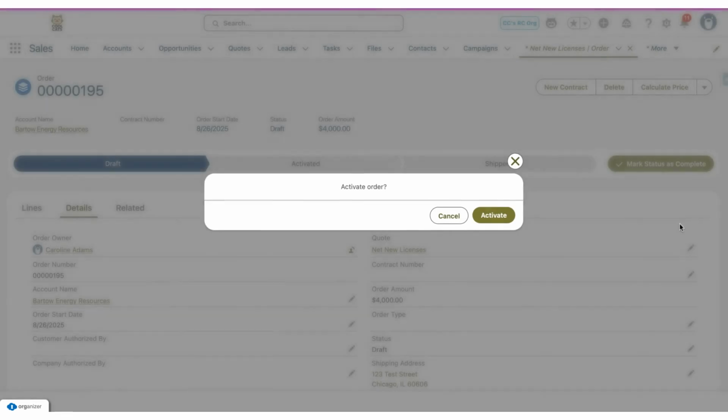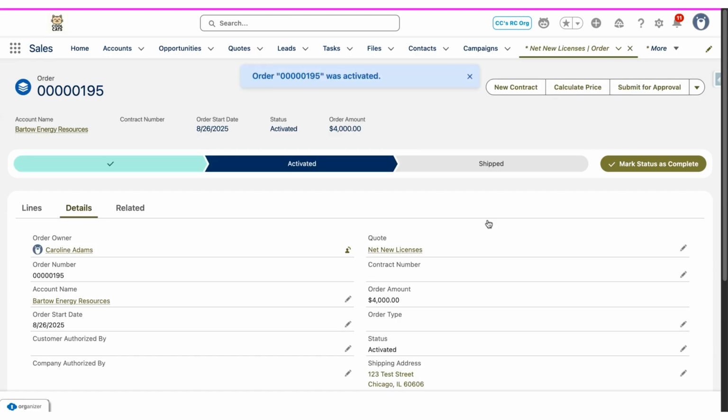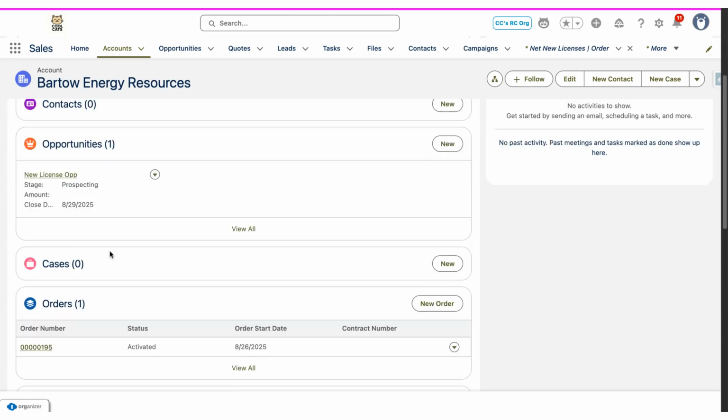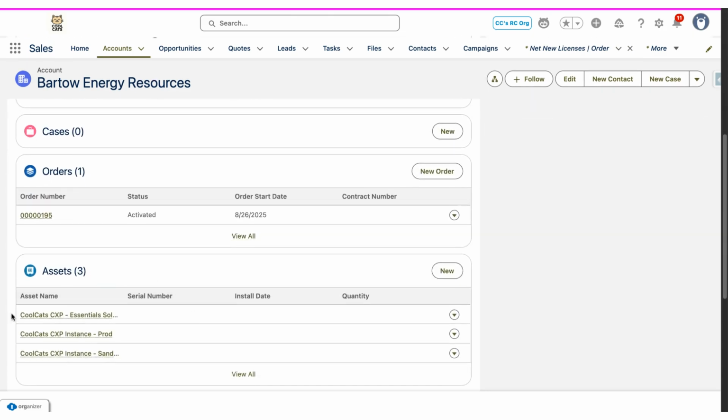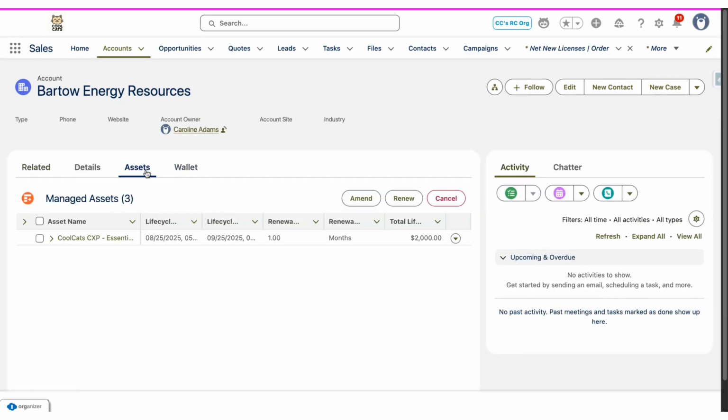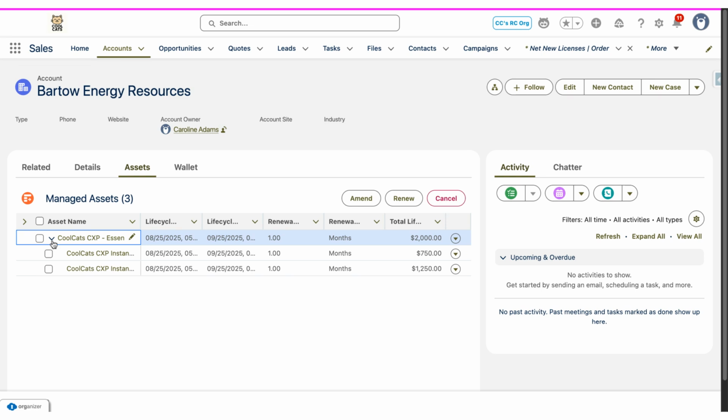At this time, I've created some of the assets here on the back end. We do have other videos on creating orders and assets, so take a look for those if you're interested. So we're going to start looking at this account. We can now see that we've got 3 assets here, one representing the parent and 2 of the children. One of the most beneficial features to point out is that the asset record stays the same, so you can